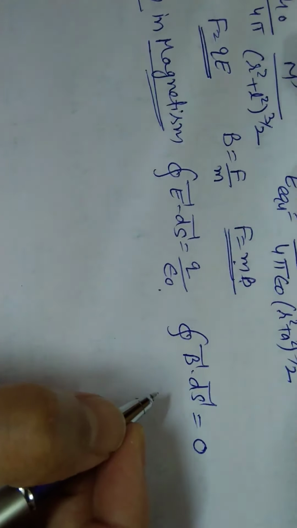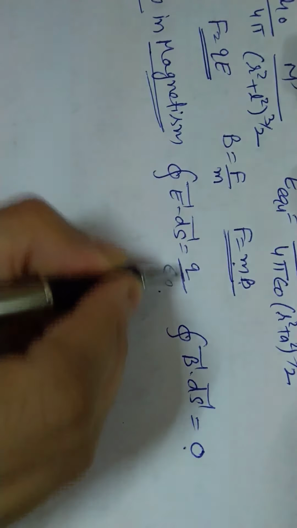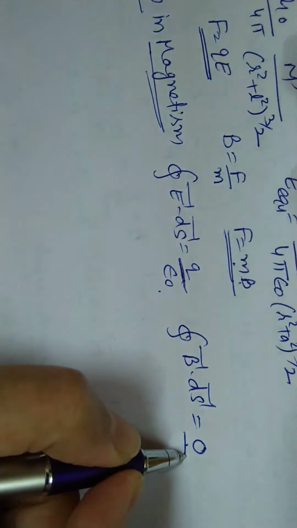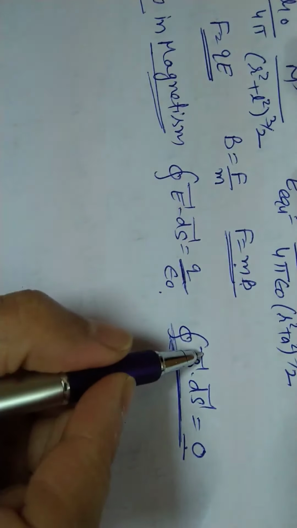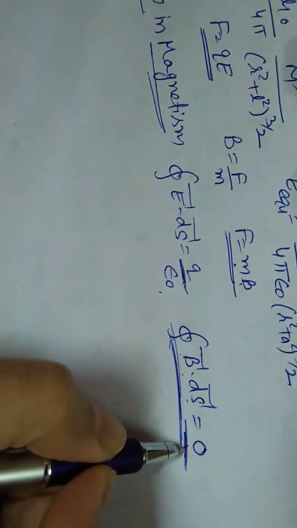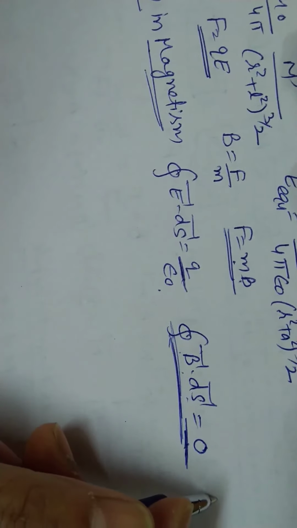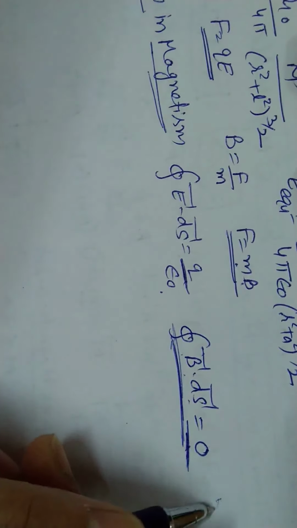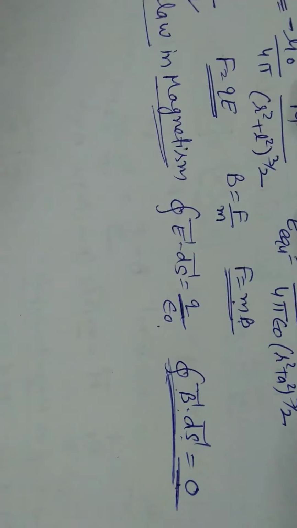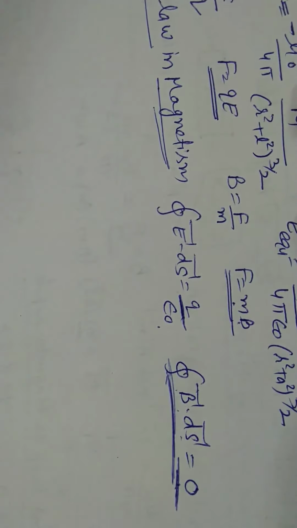surface encloses the dipole, the net pole strength becomes 0. No isolated charges exist, but no isolated pole exists. So Gauss law becomes, in magnetism, surface integral of B dot dS vector is 0. Then we again have the magnetic field lines that are used to represent the magnetic field and the various properties for that. And for earth magnetism, there are different terms that we have to describe for